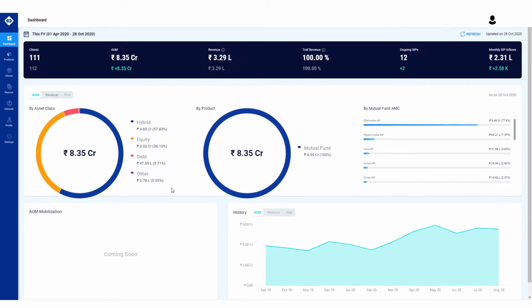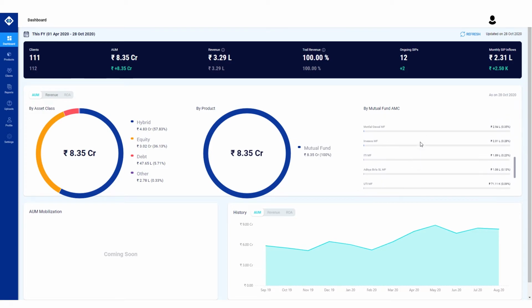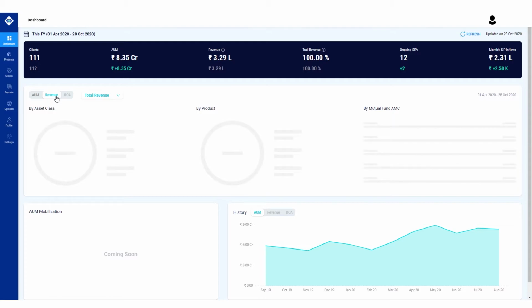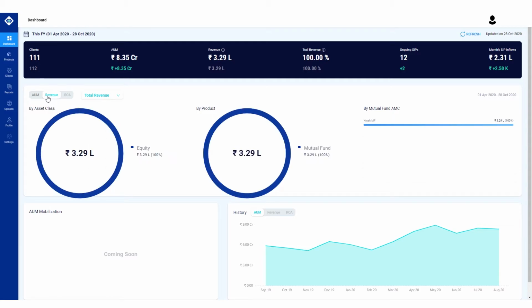Quick access to the dashboard lets you monitor your business, the trend, and performance of employees or associates on a real-time basis. The dashboard offers you a split of your AUM or revenue across asset classes, products, and concentration towards AMCs, and a further filtered split between trail and upfront revenue.